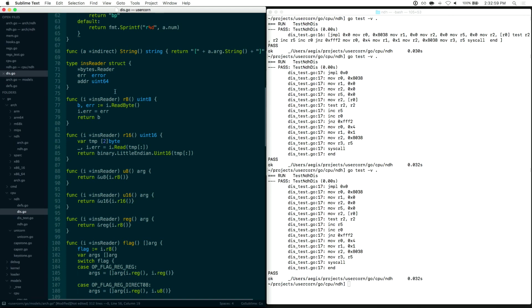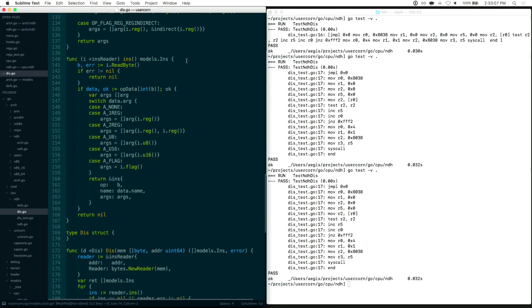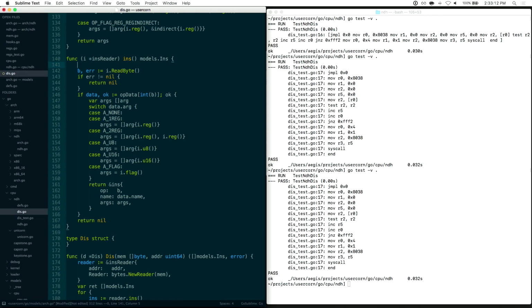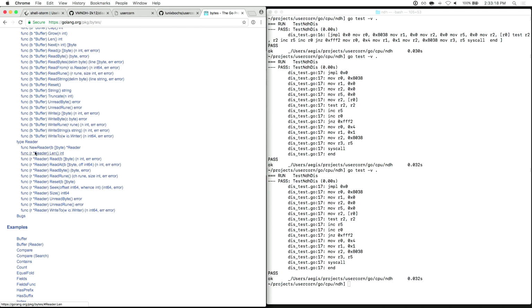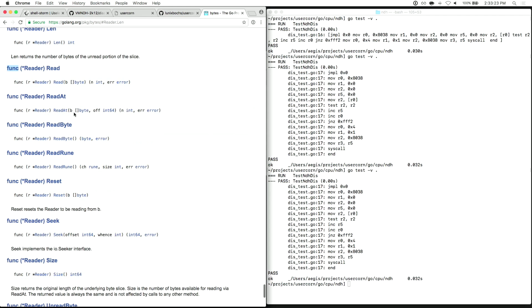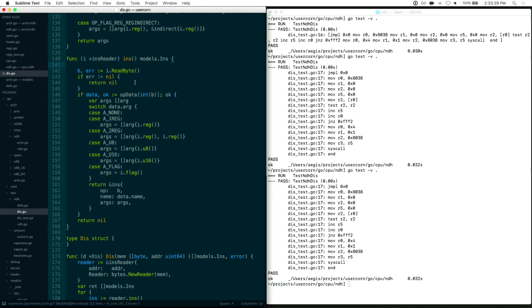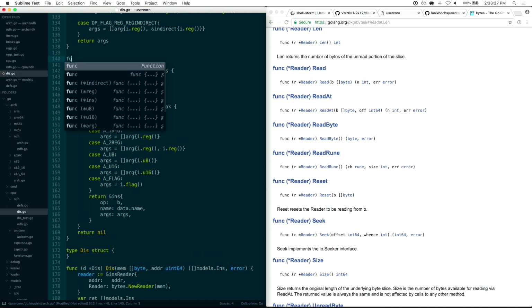I need to grab the addresses. I need the entire bytes that were read out in the instruction. So I'm going to say bytes.reader has an equivalent. It doesn't have a tell function that tells you where you are in it, which feels like an oversight to me. It has a length and a size, so we can subtract length from size to give us a position. So if we take the current position of the reader at this point,